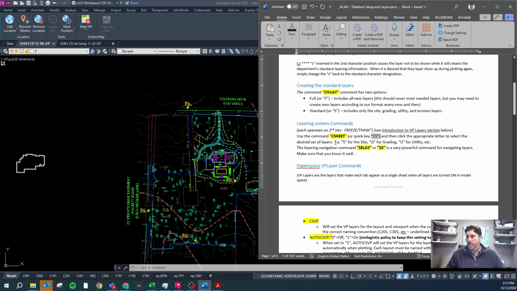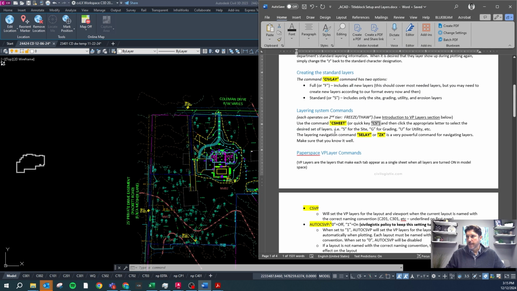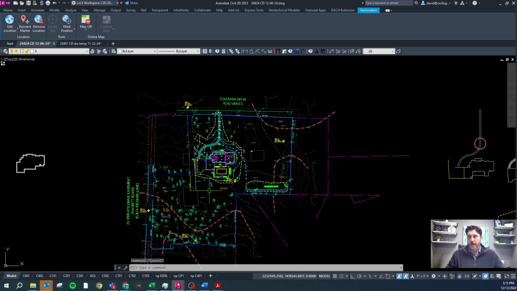Okay, back to this plan, back to this document. Okay, so we talked about C sheet, and for just turning layers on and off is a command called selay, but we have a quick key that's ZX. And when you type that command, whatever has brackets around it, that's what it will do. If I type S, because S is capitalized there, S, enter, it's going to toggle from selected to rest. So now whatever I choose,